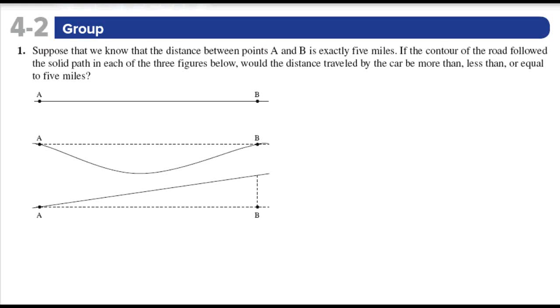Okay. Suppose that we know the distance between 2 points is exactly 5 miles. If the contour of the road followed a solid path in each of the 3 figures below, would the distance traveled by the car be more or less than or equal to 5 miles? So as I was saying, engineers look at the horizontal distance. So they're saying 5 miles